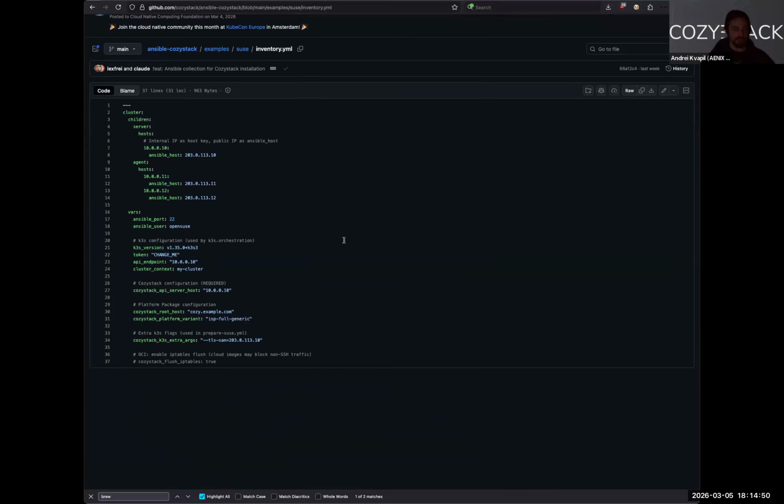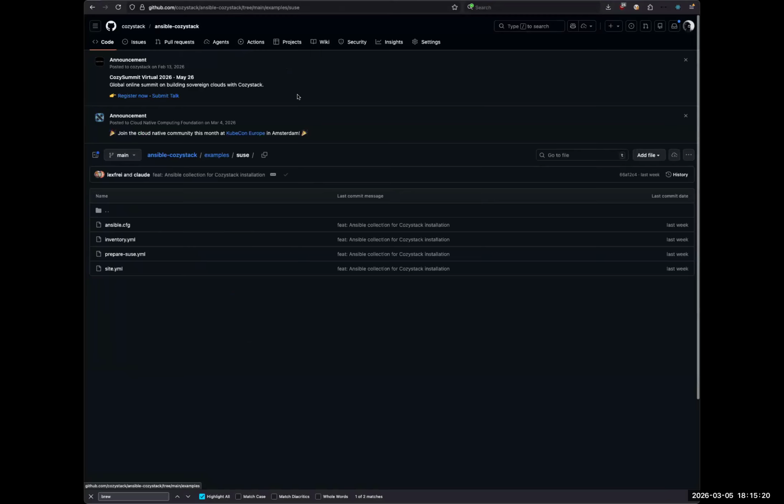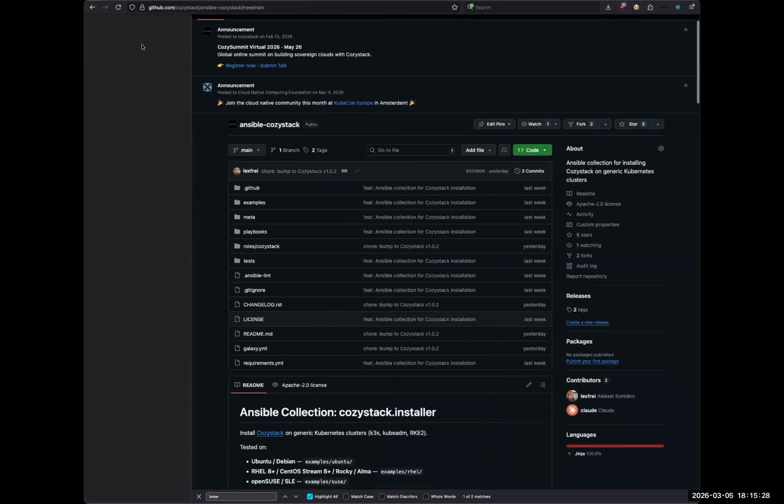So those Ansible playbooks will deploy K3s by default, am I right? And install Cozystack on it. It's not hard-coded. Our installation as an Ansible collection can be used with K3s. It's simple, and where the Ansible collection is good enough, we are compatible with their collection, but you can use it above any other Kubernetes you like. In the examples, you can find the whole path of how to install K3s and Cozystack above it, but it's not mandatory.